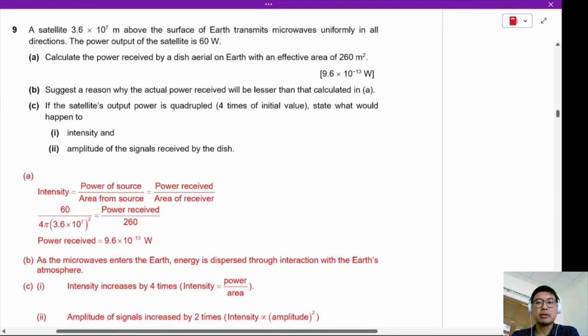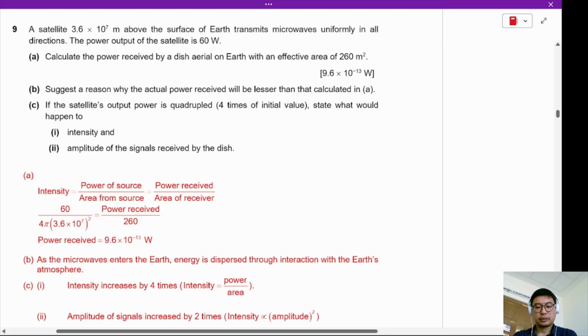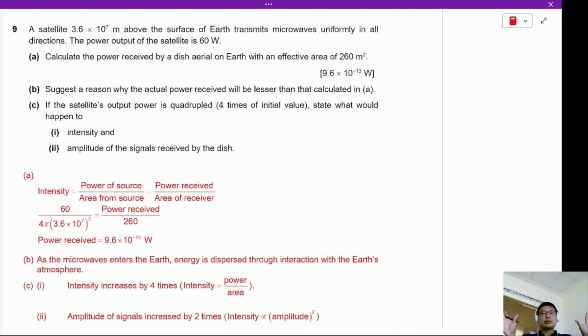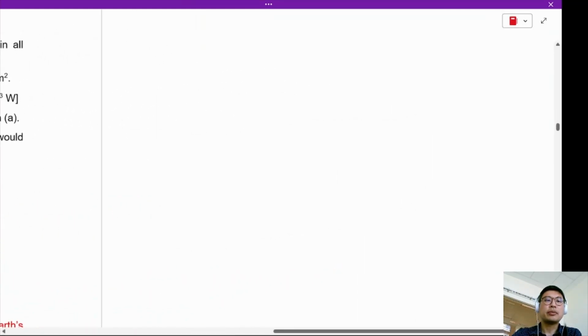Question 9 is a pretty long question. So in this question, we have to talk about several concepts. Now, a satellite transmits microwaves in all directions. The power output of the satellite is 60 watts. What about the dish area on Earth? How much power does it receive? Now, first of all, we need to talk about